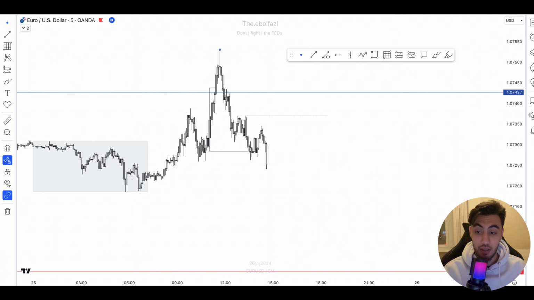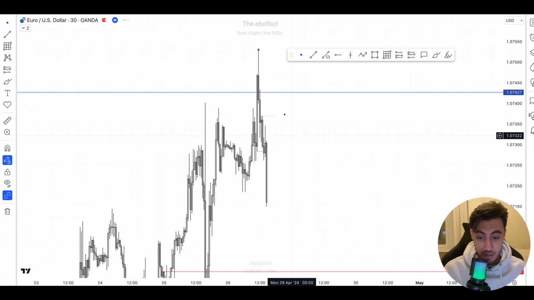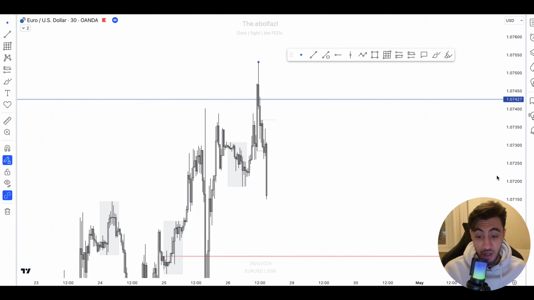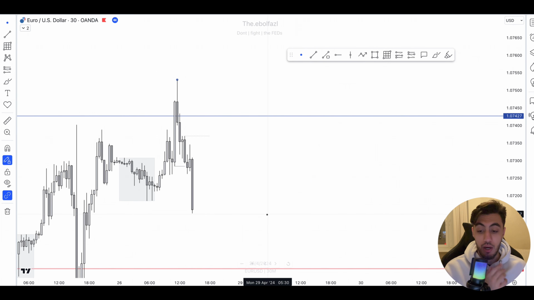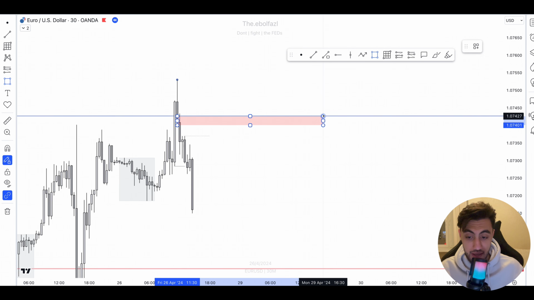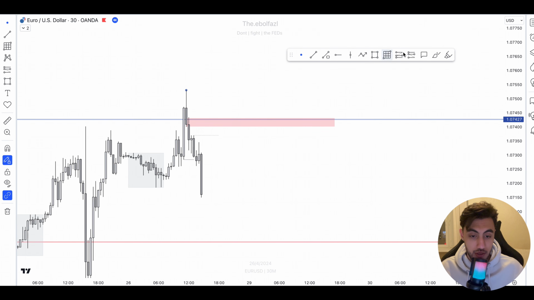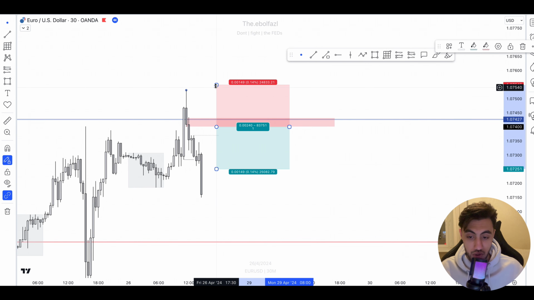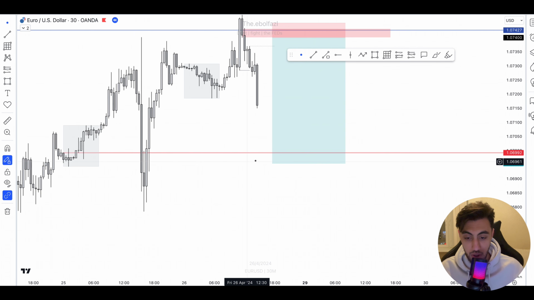As I told you, for POIs or key levels, we must go to the high time frame. So I'm going to start from the 30-minute time frame. This is going to be my area. What is the nearest POI above this? I have this imbalance here, and above the imbalance I have a hidden base. So we can easily enter this with a 5 pip stop loss and target this low